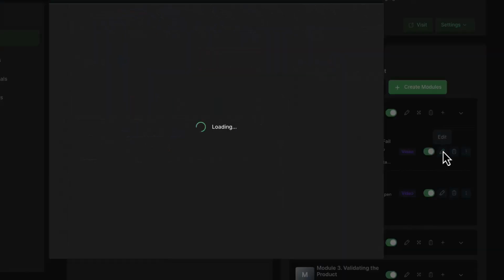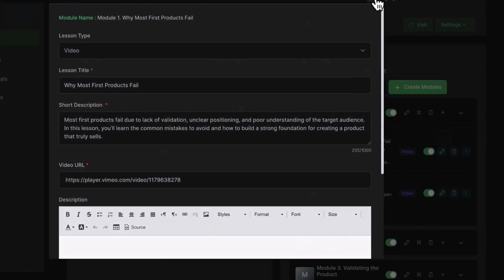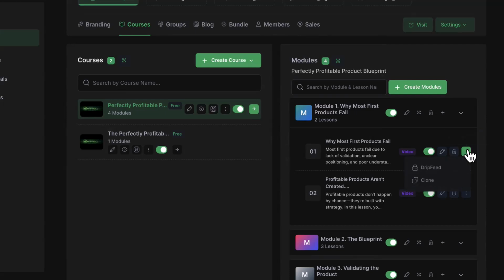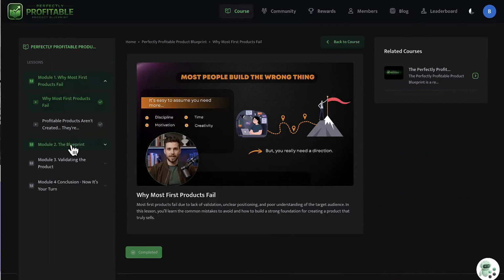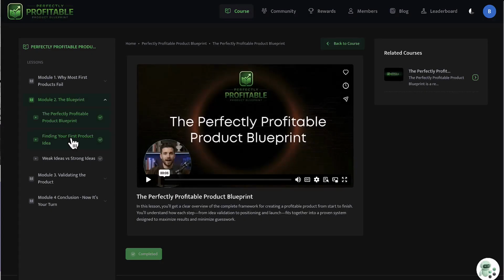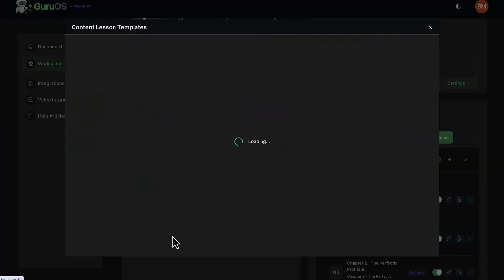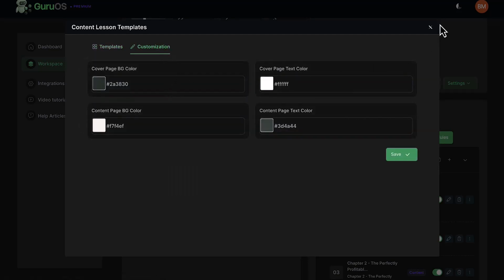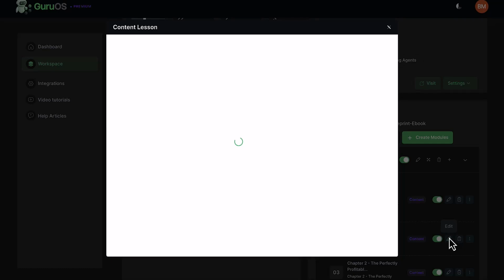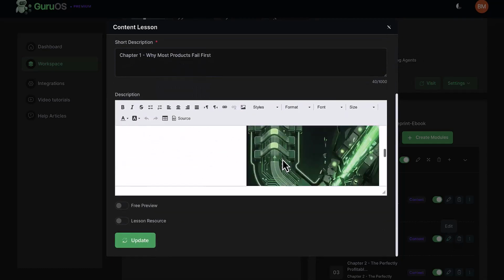Now, let's talk about the part where most course creators stall: the membership and community. GuruOS spins up a gamified community with leaderboards, points, badges, and viral referral links built in. An AI scheduler keeps the group active around the clock with posts and discussions, so your community doesn't go silent the second you stop logging in. That's huge, because engagement is what keeps members paying month after month.